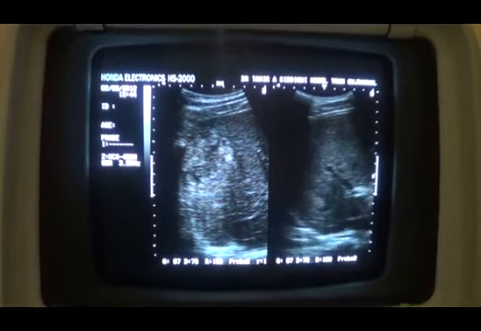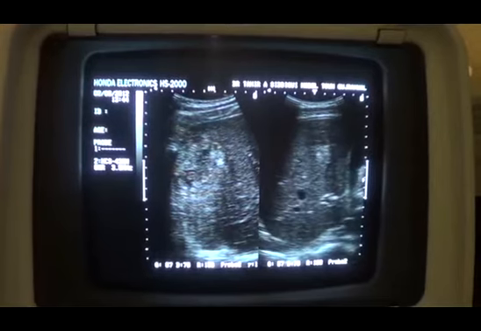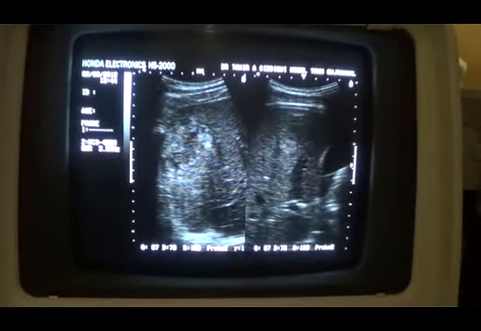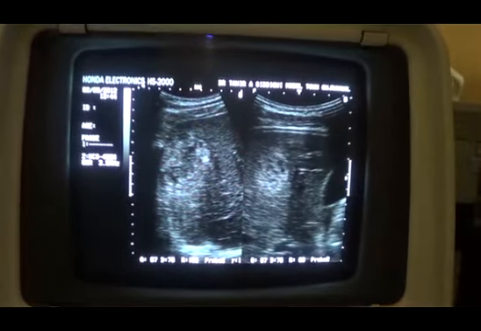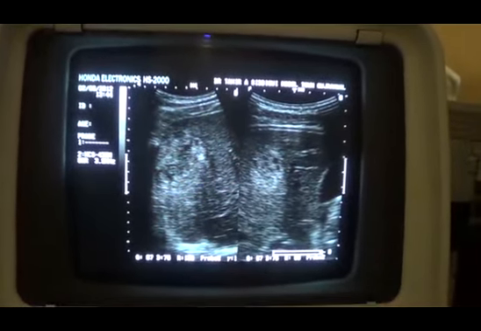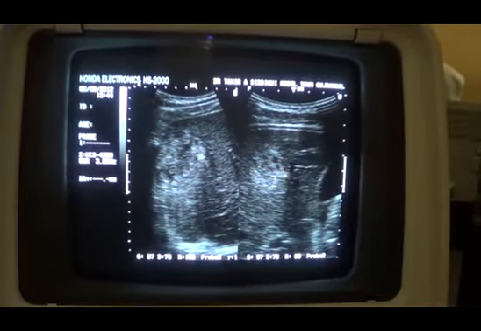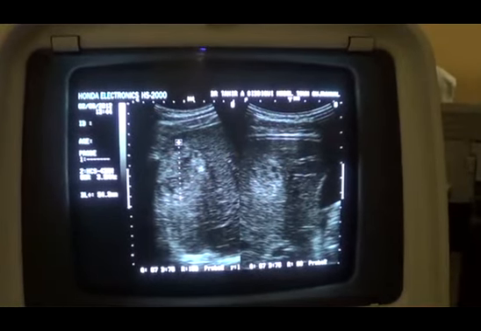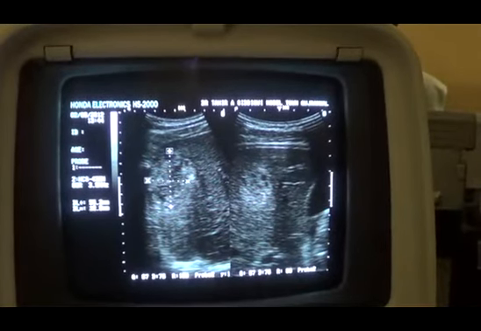This is the second one. And both are in the anterior segment of the right lobe of the liver. This is the focal lesion, largest of all, that measures